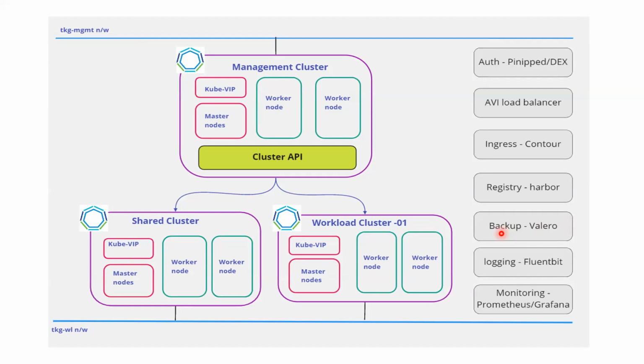The logging part is handled by Fluent Bit. This is something we call the EFK stack. What we do here is use Fluent Bit to forward logs to any repository, like if you have Elasticsearch and Kibana, which complements your logging. So Fluent Bit can act as an intermediary to forward logs there.